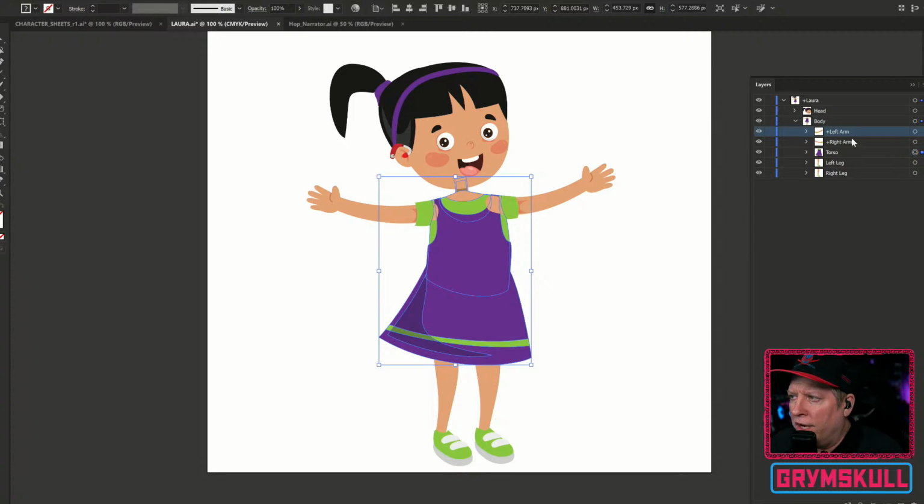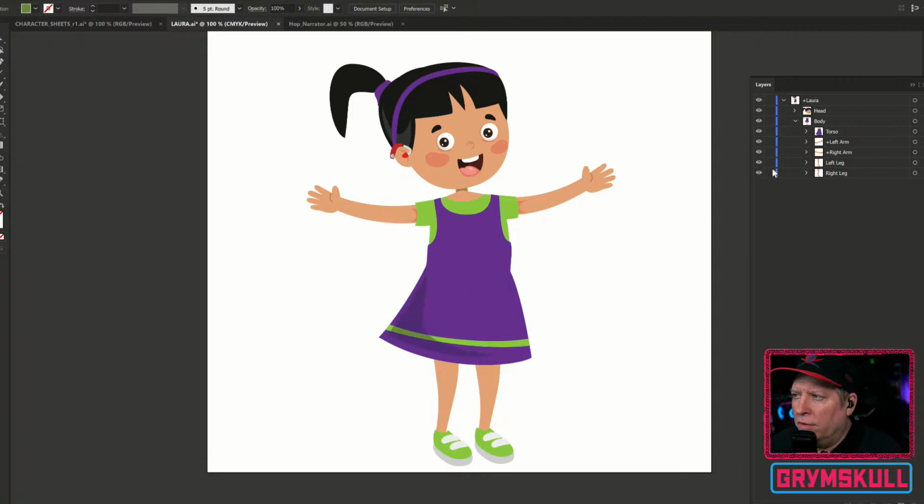So part of the body, we've got a right and left arm, which we're going to move to under the torso. There we go. Now it looks good. So now we've got the torso, a left arm and a right arm. Now the reason you have the plus is because that means those are going to move independent of everything else. Everything else, if it doesn't have a plus, kind of welds itself together to make it one.